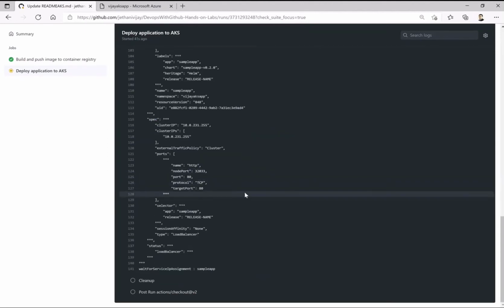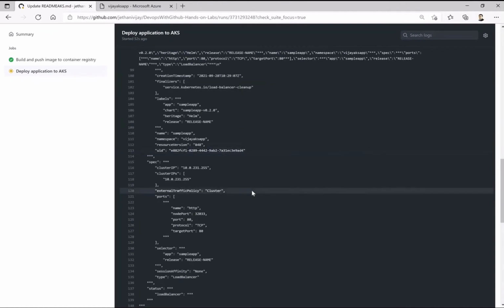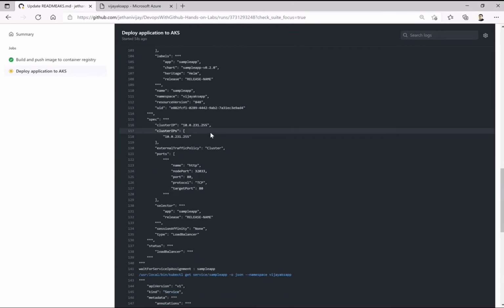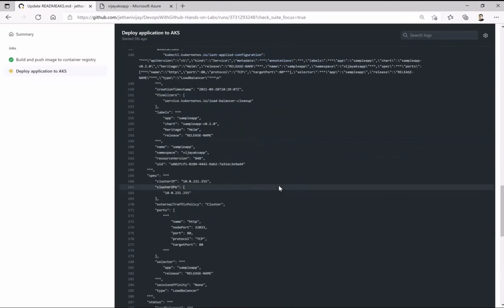Also, I would need the load balancer IP to browse this sample app. This is the cluster IP, which is internal to the cluster. There would be something coming up on the load balancer.